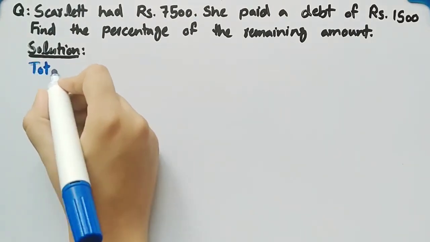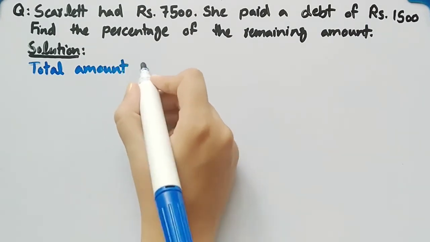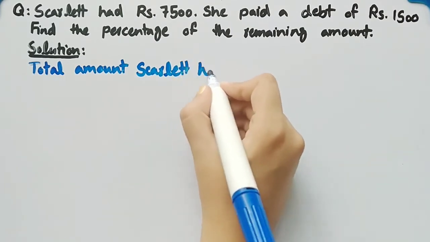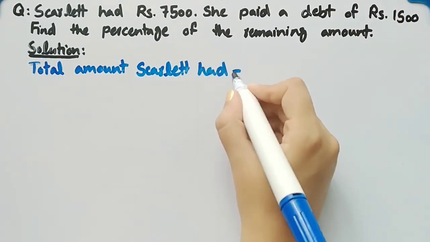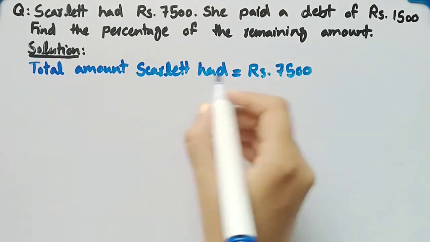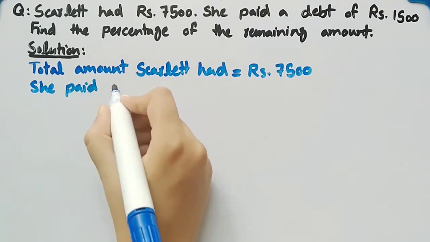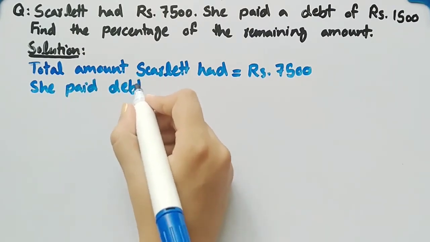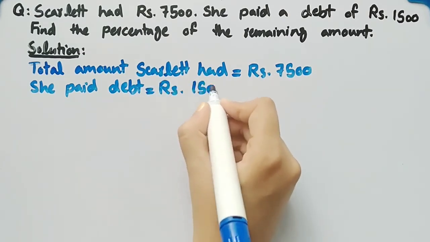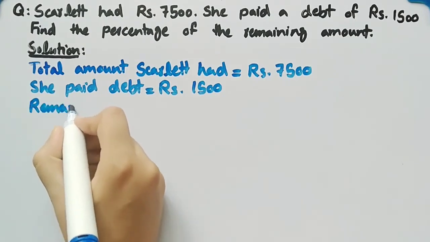Let's write total amount Scarlett had is 7,500 rupees. She paid debt which is equal to 1,500 rupees. Now we will find the remaining amount,